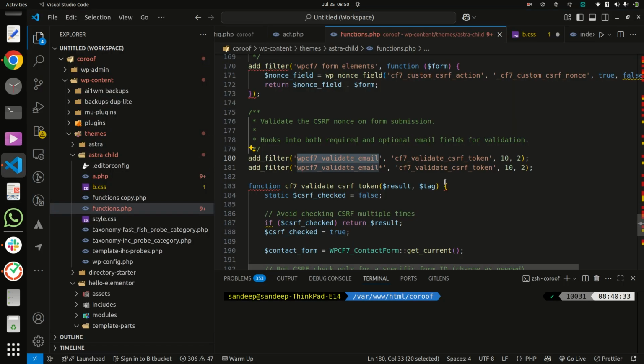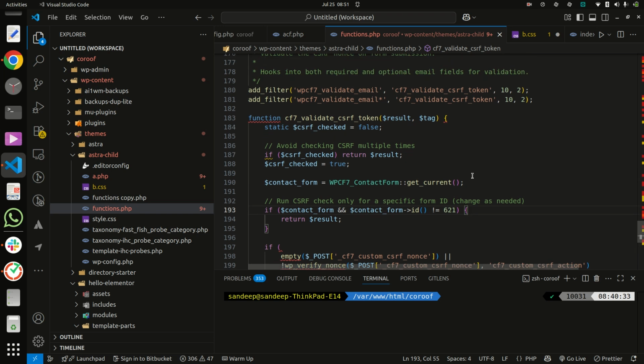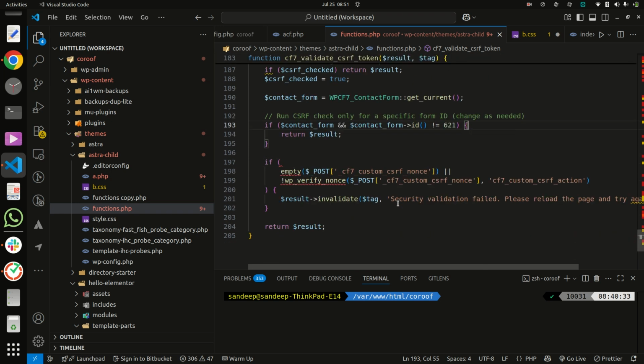I added this condition for a specific form ID so that it will not affect other forms, because suppose another form does not have an input type email and it will validate, then it is not good and it will always give an error.